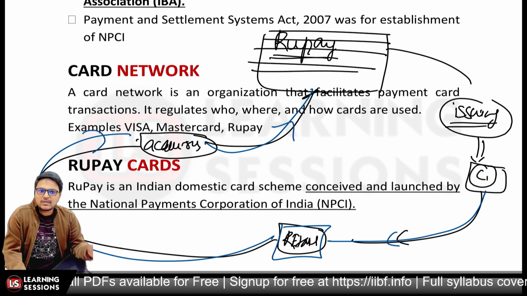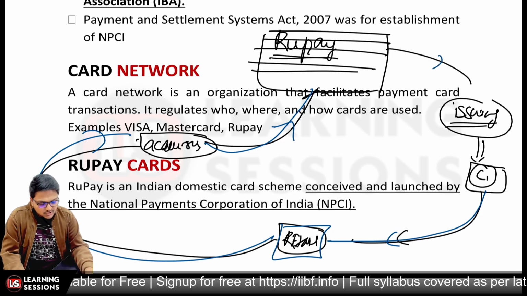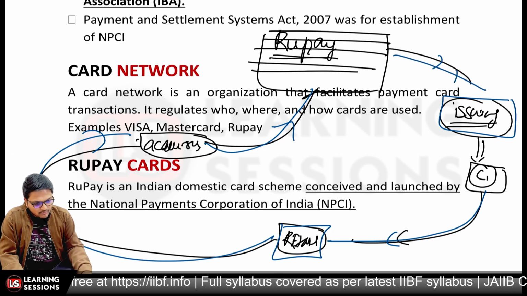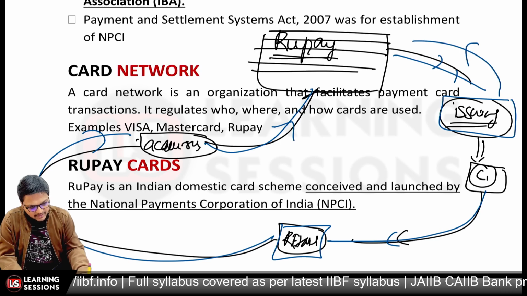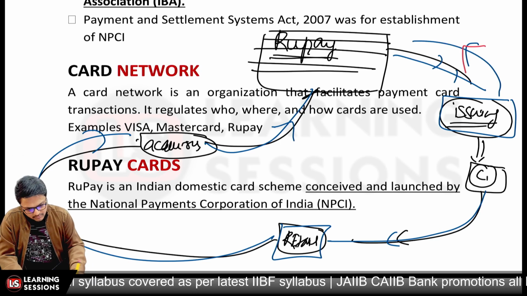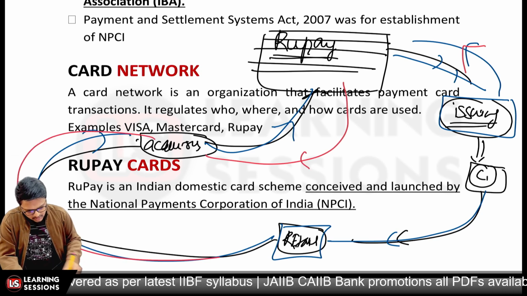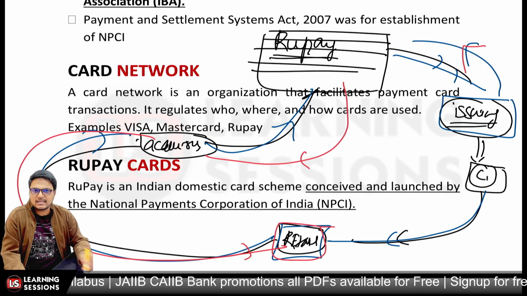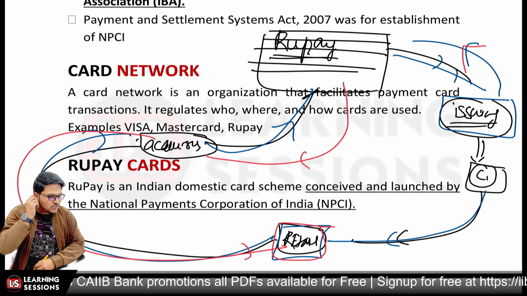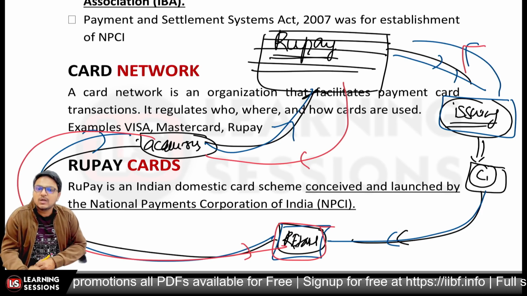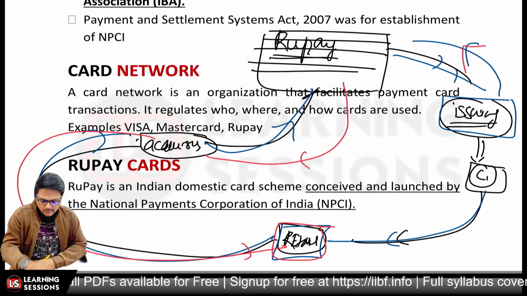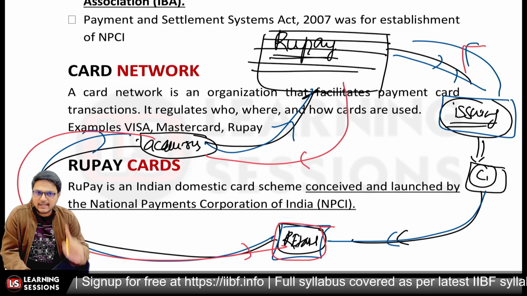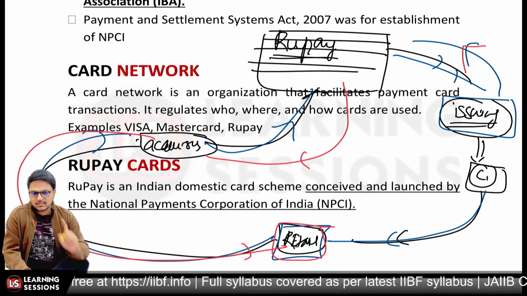From there, to check the authenticity, the transaction details are forwarded to the issuing bank, and the authenticity of the transaction details is checked, and then the confirmation is given back. That's a reverse cycle. All the information comes back to the acquiring bank, and from the acquiring bank to the merchant, and ultimately if the transaction is authenticated, it is passed, the account is debited, and payment for the goods is made, right? This is how the card network is used in the whole transaction. So we have the card network, the issuing bank, the acquiring bank, the customer, and the merchants, right?